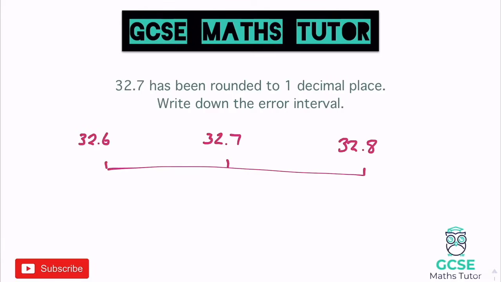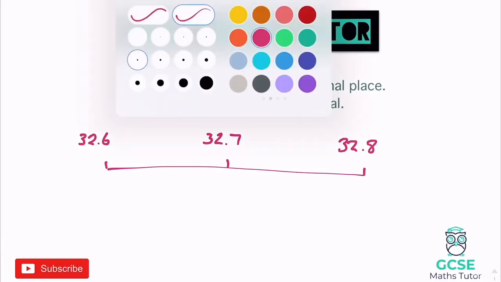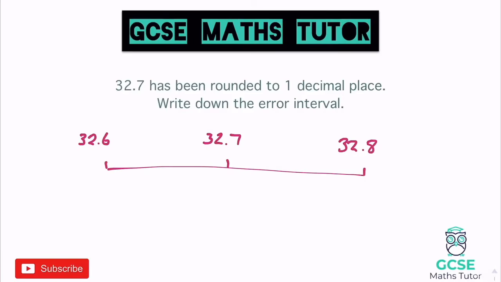Now thinking about this, if the number rounded to 32.7, then it could only be within these little sections here. It could be halfway between 32.6 and 32.7, or it could have been, and we'll talk about the upper bound, halfway between 32.7 and 32.8. Now the number in between 32.6 and 32.7 is 32.65, and in between 32.7 and 32.8 is